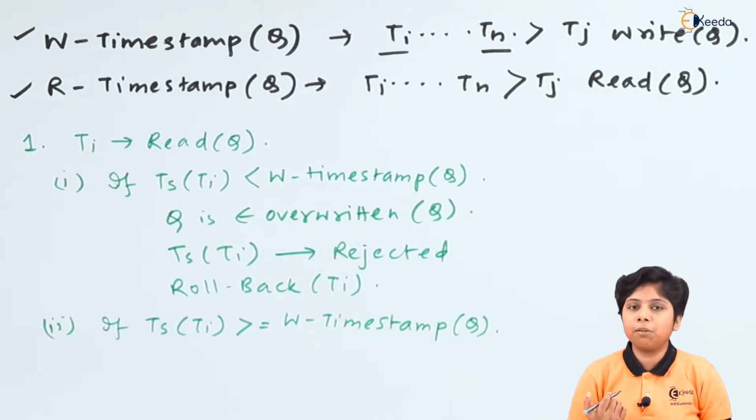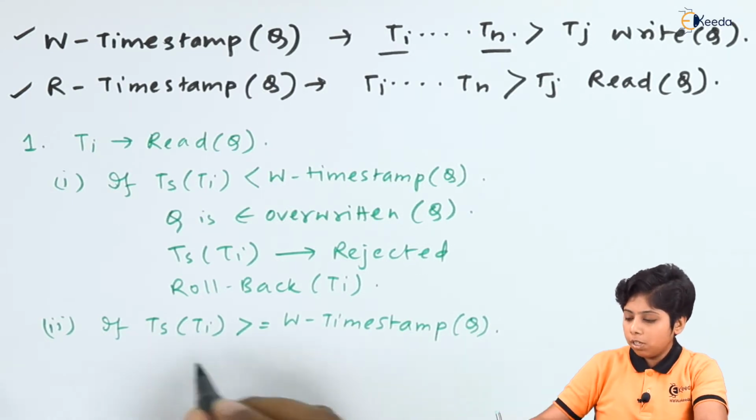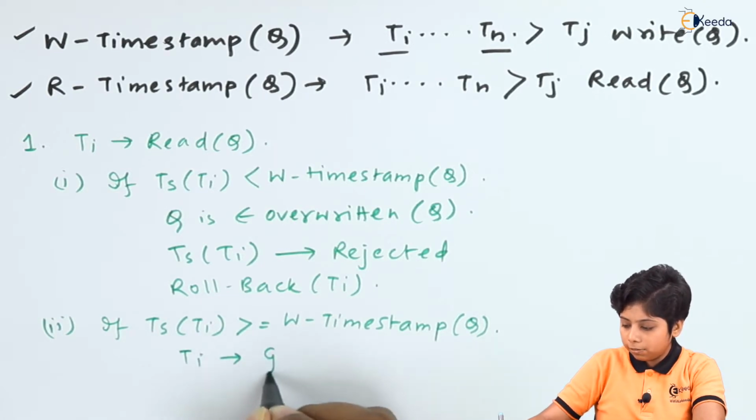So now Ti can proceed with this read because the writing has been done. Now it needs to be read by the transaction. So my Ti is granted,